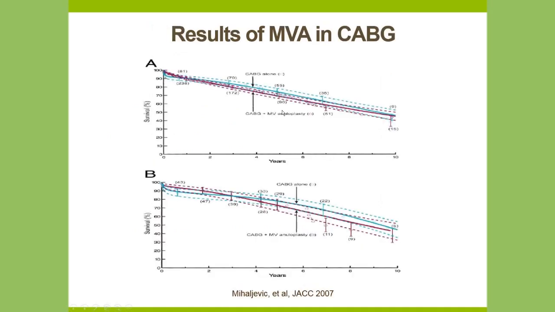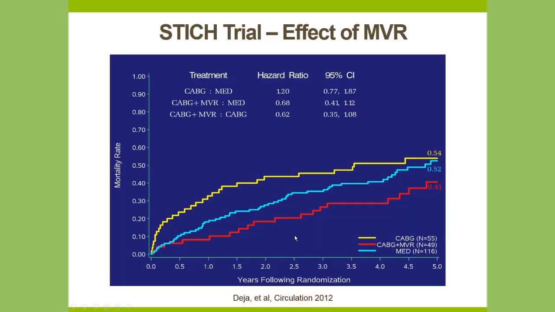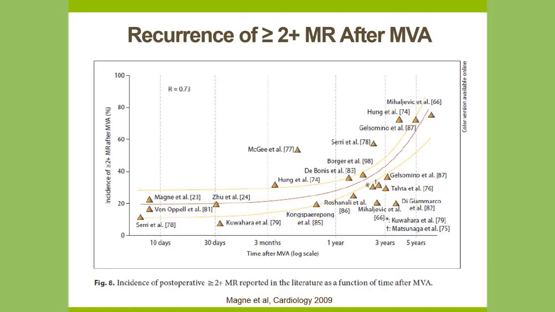This is a Cleveland Clinic study, same thing, looking at doing a bypass alone or a bypass plus a ring, no difference in outcomes, whether you looked at death or death plus hospitalization. This is the STICH trial, no difference in outcomes, whether you do just CABG alone or CABG plus mitral therapy or medical therapy, which is just ACE inhibitors, beta blockers, etc. So we don't really have any proof that surgery works here.